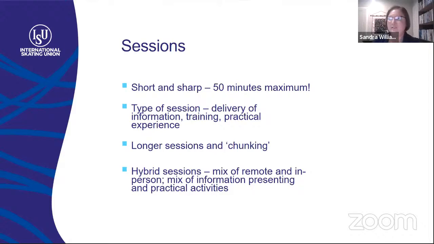The type of session, again, depends on what the purpose of your session is. So is it simply delivery of information? It might be that we're talking about the new rules for this season, and we just need everybody to know what those are. We might be doing some training, and some of the other webinars later in the series will talk about that. And it might be giving some practical experiences, as I talked about with some of the work that we've done